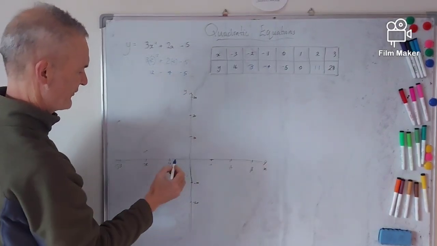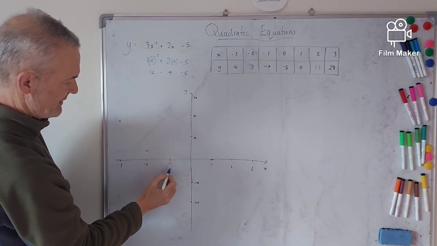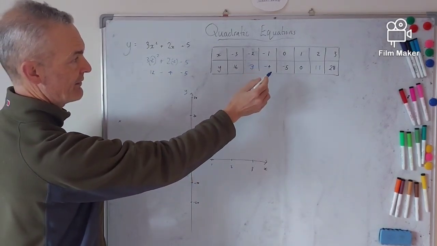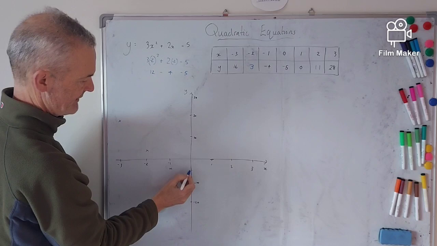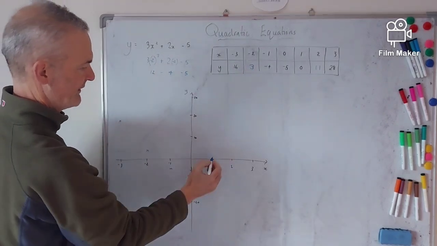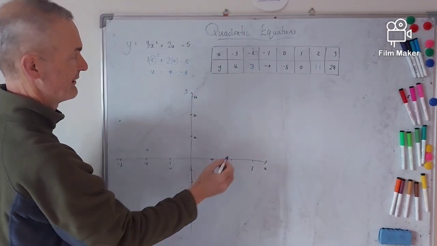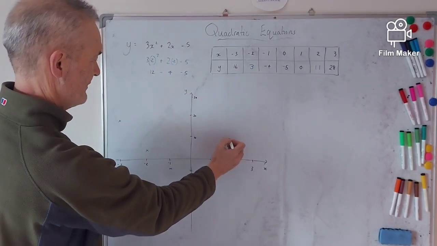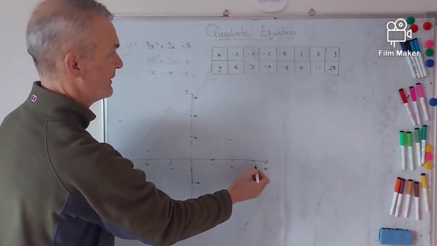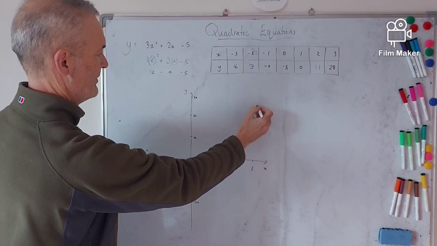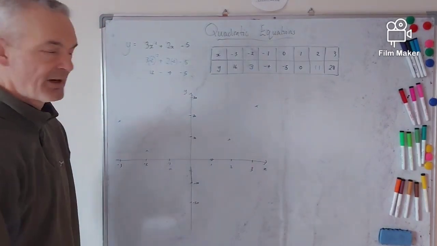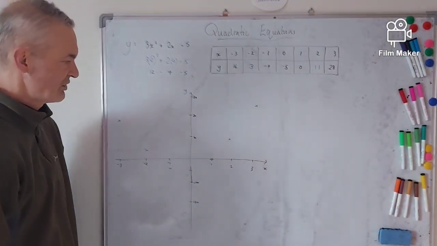Minus 1 and minus 4. It's going to be about there. 0 and minus 5. There. 1 and 0 there, 2 and 11 there, 3 and 28 up here. So those are our points, okay, and then we're going to join those up